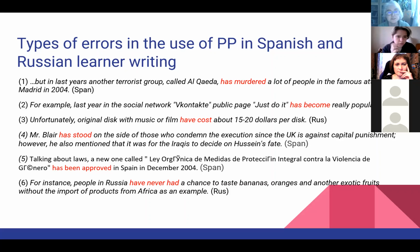Then something about Mr. Blair who has stood, and then we know when it happens. It's when the capital punishment was given in court to Saddam Hussein. This is an event from the past, even though there's no time adverbial given here, but the description of the event makes it clearly an event in the past. More than that, in the second sentence, which is perfectly related to the first, we can see the use of